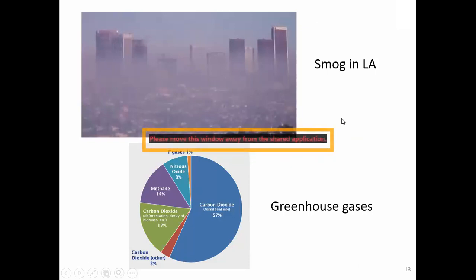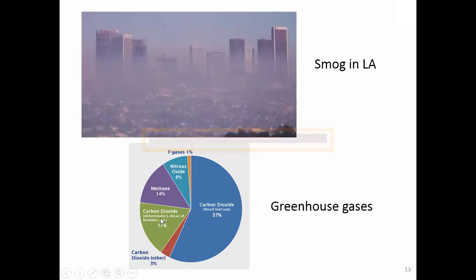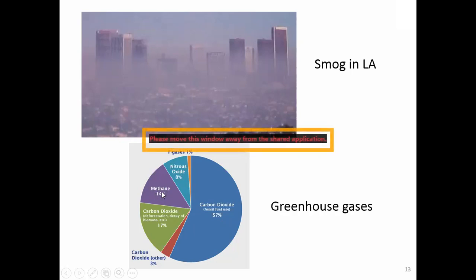But if we do not do anything, it will be right here waiting for you in the future, right? This is smoke. And this is the greenhouse gases that you can see. Carbon dioxide occupies 57% of the greenhouse gas, right? And there are also other gases considered to be greenhouse gases, like the nitrous oxide here, the methane. Methane comes out from where? It comes out from the rice fields,